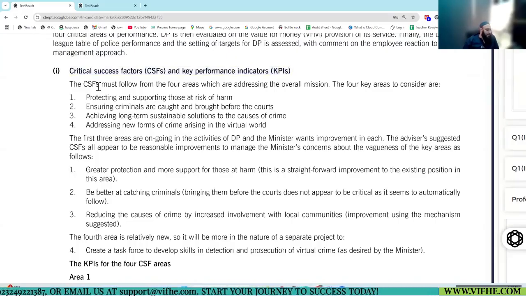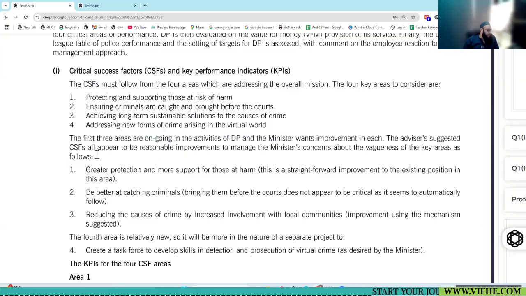The CSF that were identified by the CEO were these 4. Correct? Okay. The first 3 areas are where the minister wants improvement because the previous government was not good in these areas.